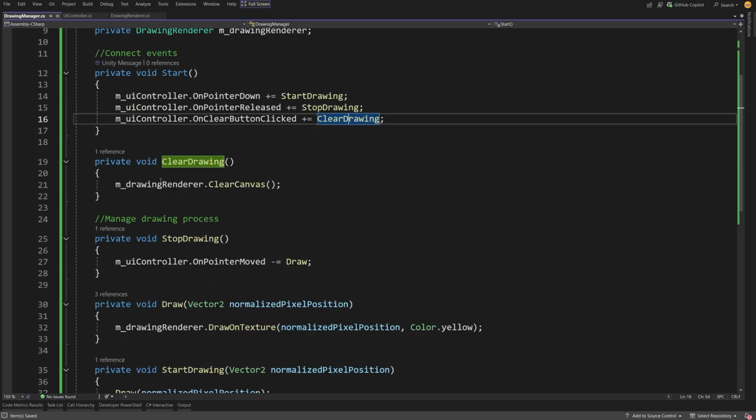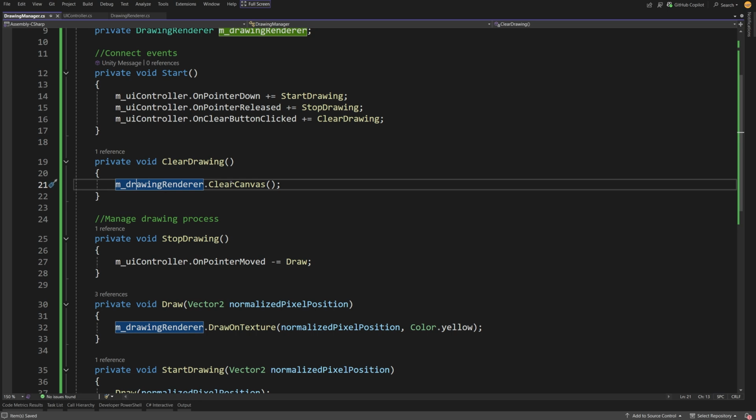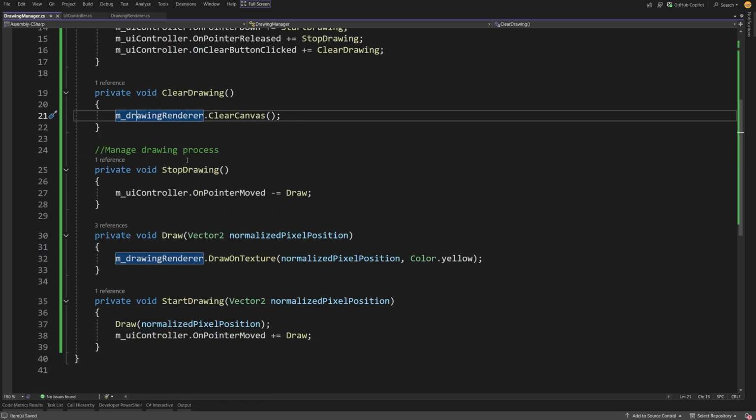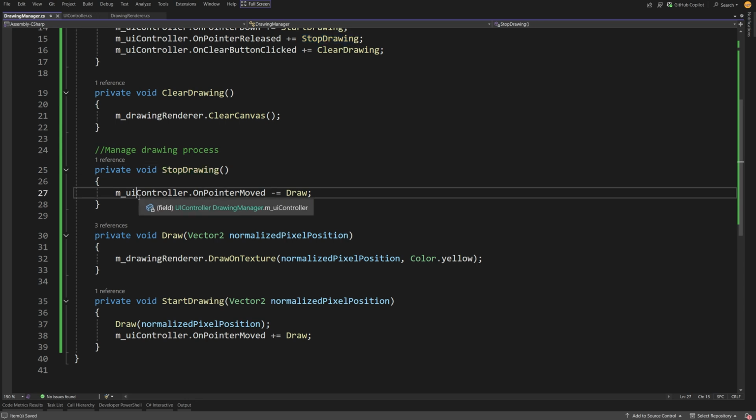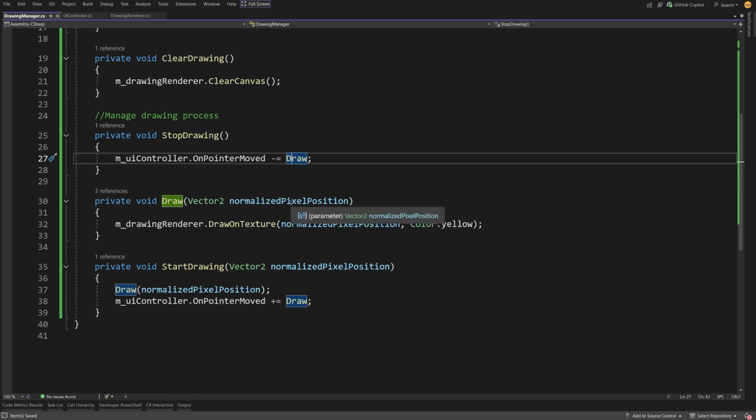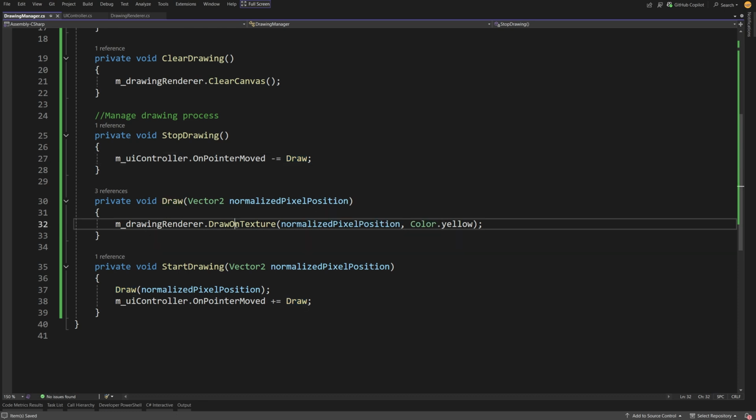Clear drawing is the easiest because we are going to just call drawing renderer clear canvas, and this will be connected to our button. Now, when we want to stop drawing, we are going to unassign from the UI controller on pointer move the draw method. The draw method just takes the vector2 normalized pixel position and passes it to the drawing renderer drawOnTexture, passing the vector2 and the color yellow, or if you want to expand it, any color that you are going to pass